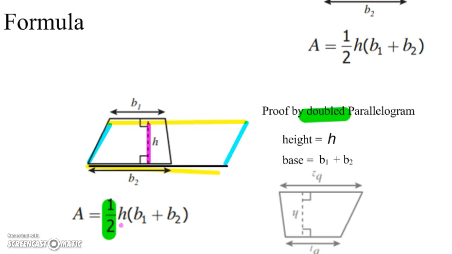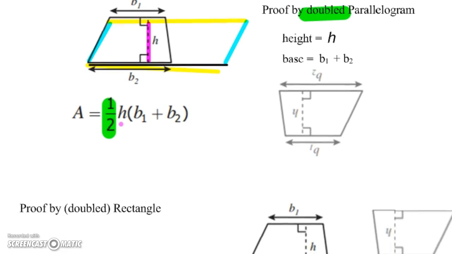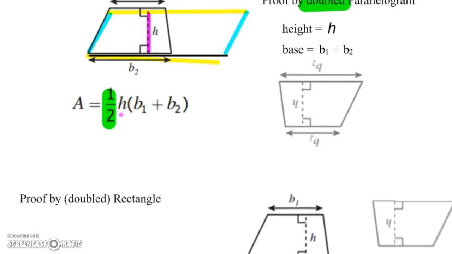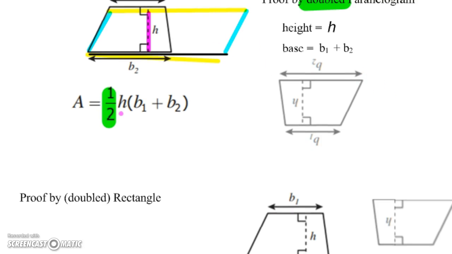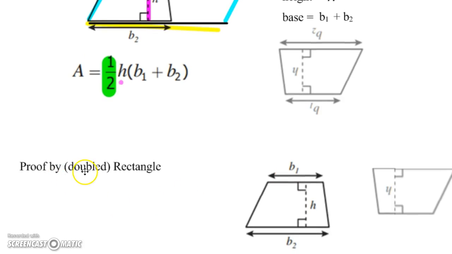And there's our proof. Let's show that a different way. The same formula, we only want half of it, and we're going to double it, so that's why I said we only want half of it. We're going to look at the height and the base, and we're going to make it into a rectangle. So we doubled it, we flipped it. We're going to take apart the second trapezoid, line it up,